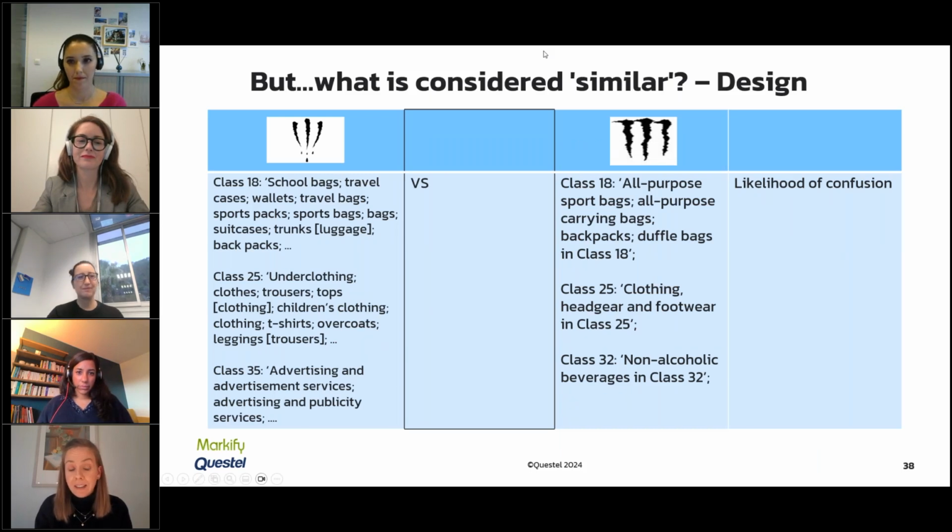This case is a design. As you can see, it was concerning the monster design. And then the other proposal, the other trademark basically also has three wobbly stripes, and all of them cover classes that are the same, as well as goods and services that are similar. And then here in this case, it was considered that there's a likelihood of confusion. I think both cases are up to be discussed, but this is the decision of the court.